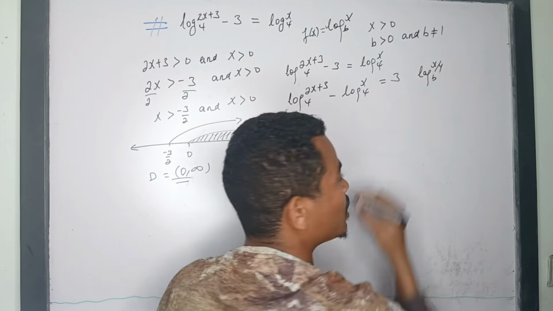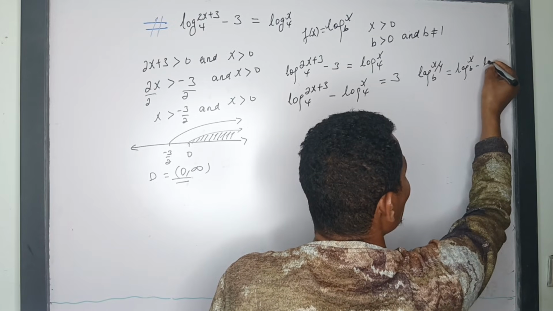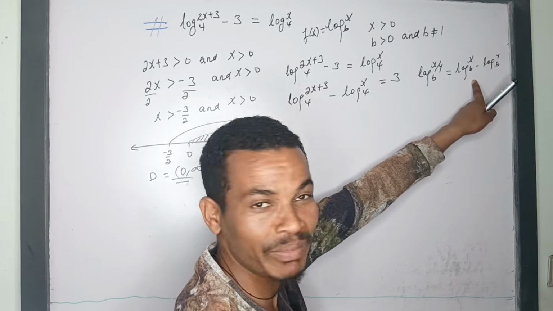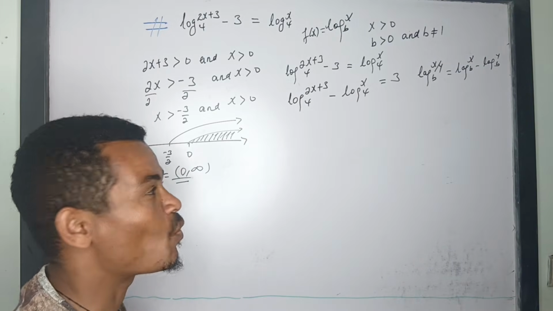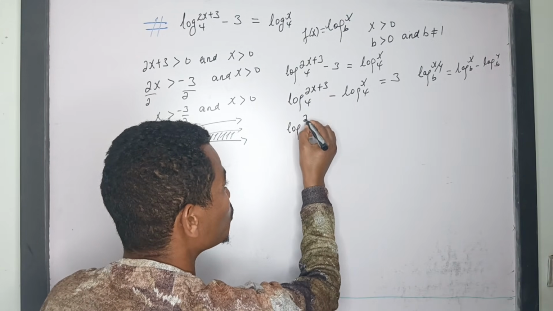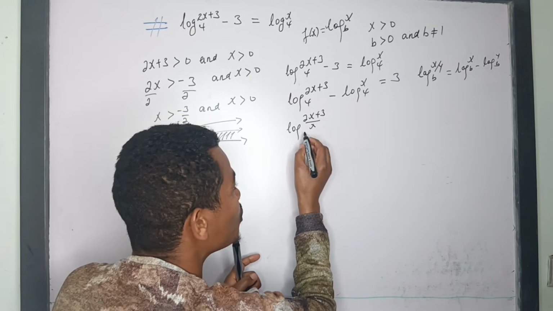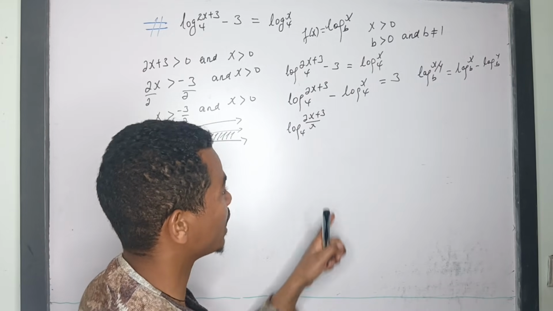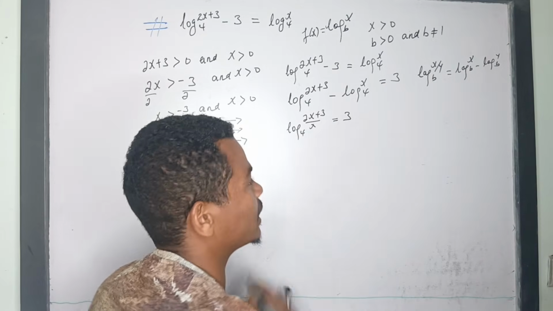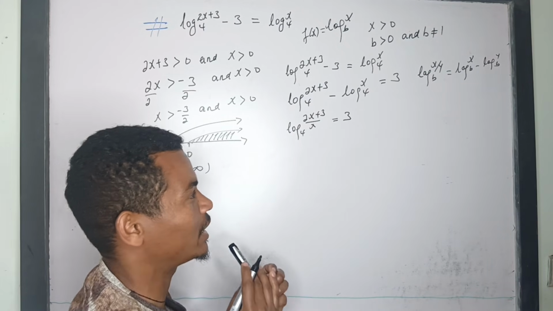again we know that okay log x divided by y to the base b እንባል ማድረግ እንችላለን this is the same with log x to the base b minus log y to the base b እናደርጋለን in this case again x and y must be greater than 0 again b must be greater than 0 and b must be different from 1 መሆን አለበት so by using this formula ምን ማድረግ እንችላለን log (2x plus 3) divided by x to the base 4 subtraction ነበረው ወደ division እንቀይራለን that means (2x plus 3) divided by x to the base 4 is equal to 3 ይሆናል